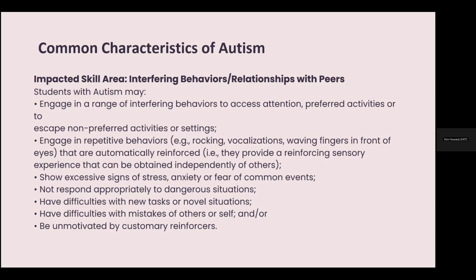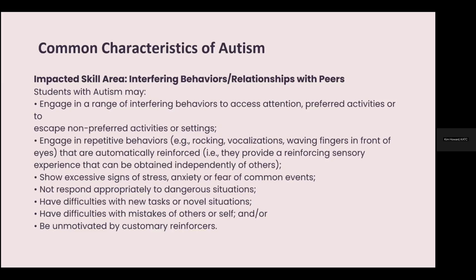So my student who could not go to an assembly, the noise and the amount of people, they were just terrified. And it was sensorily overwhelming for them. They may be our students that avoid new tasks or novel situations. Something new may just really upset them. They like that routine and that sameness. It could be for our autism level 1.